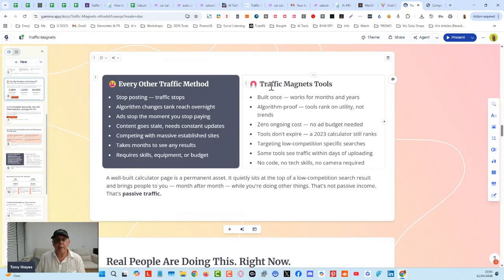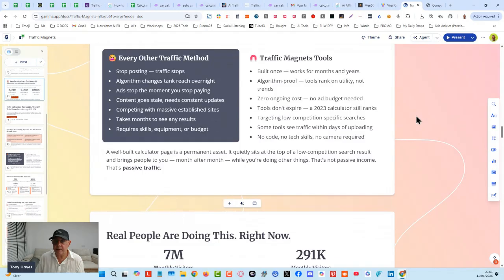That Commander Trips tools site, I had it for about 3 or 4 years, and then it started to break. The WordPress plugin started to break, and I couldn't find the developer who built it, and I just let the domain go in the end. And the keyword intent, we've had that probably about 3 years now. That was built by a developer, by the way. It wasn't built by AI, but that's still bringing tens of thousands of visits every single month.